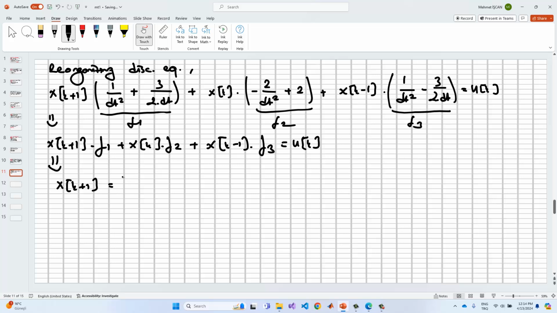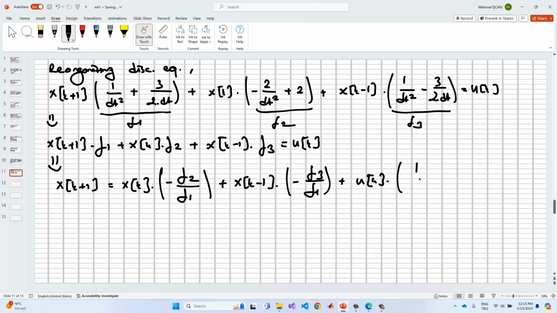Okay, and so xk times minus f2, because this goes to the right hand side, divided by f1 because the xk plus 1 multiplication with f1 is here. Okay, and plus xk minus 1 times minus f3,